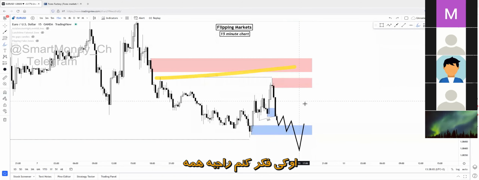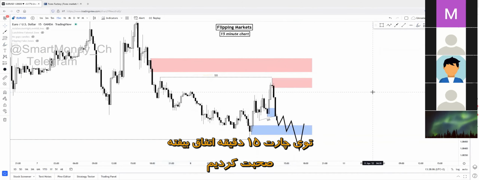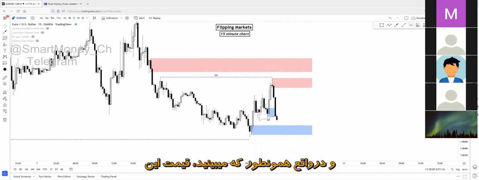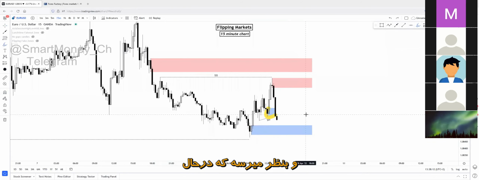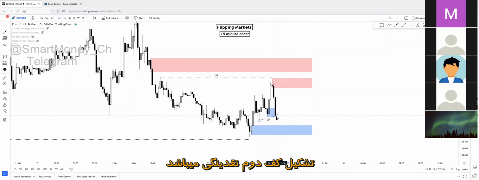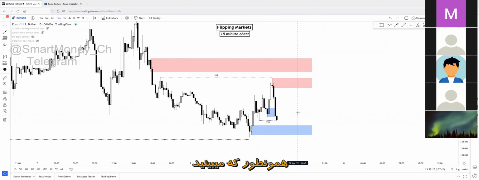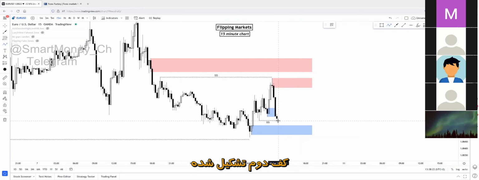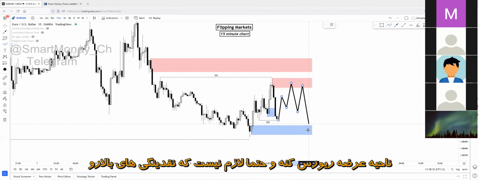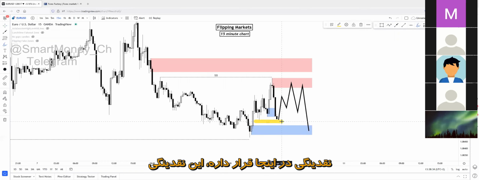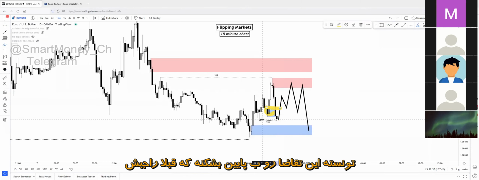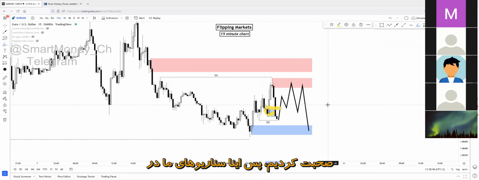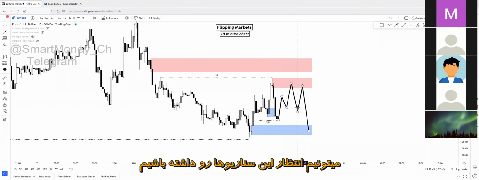Okay, so I believe we talked about every single scenario that could happen on the 15-minute chart. As you can see, price broke below this 15-minute demand zone, and it seems like it's creating this second bottom of the liquidity. Sorry, I left out the last scenario. The second bottom has been created, reversal right here. If the second bottom is being created, price will simply reverse on this zone, and it doesn't have to sweep the liquidity, because the liquidity is right here. This liquidity will be perfectly enough, and price could break below this zone. But we talked about this already. So these are the scenarios for the 15-minute chart. We can expect these scenarios for today.